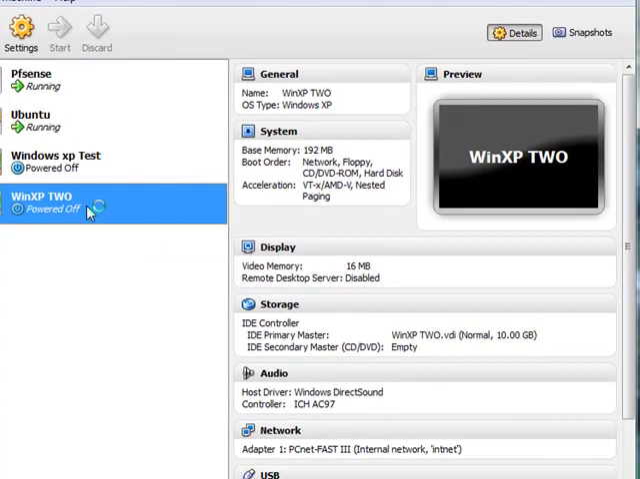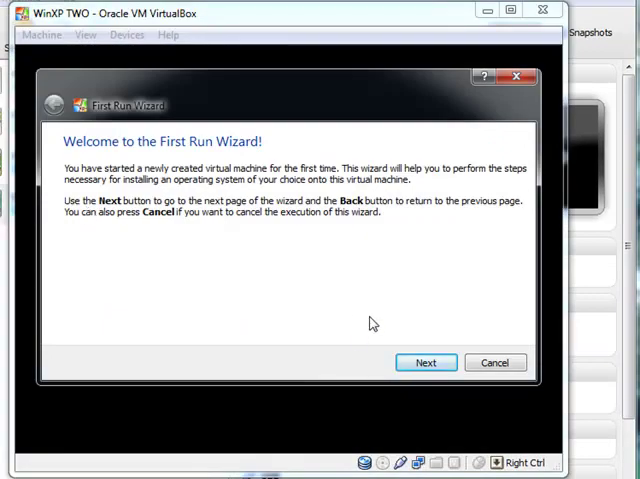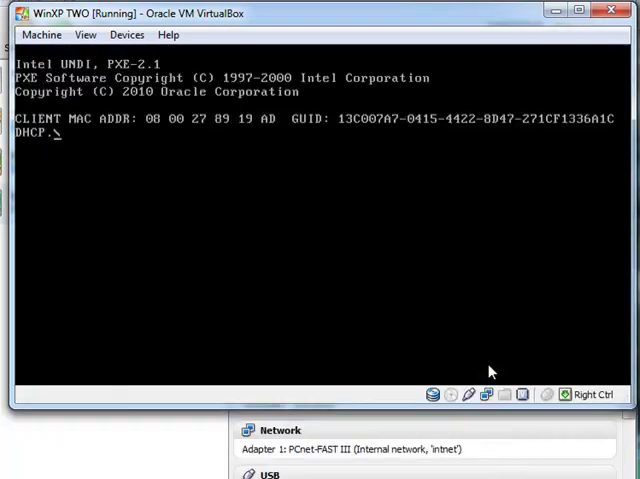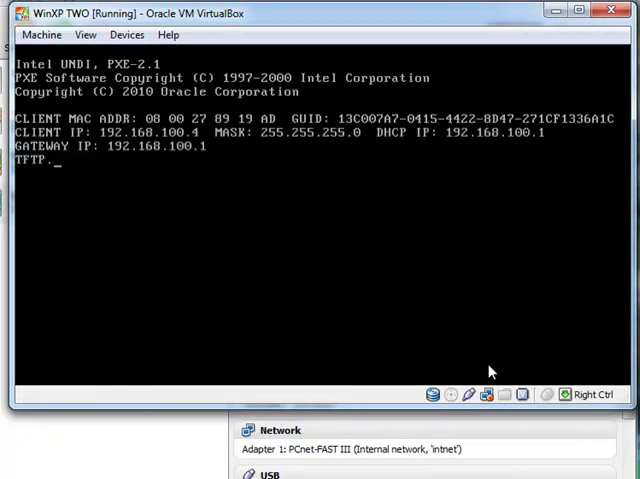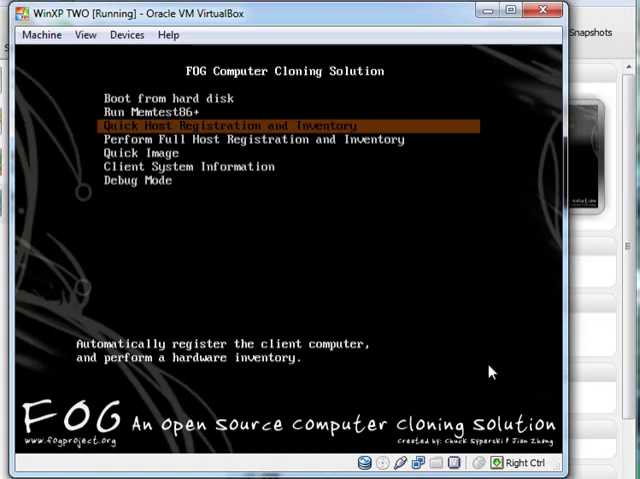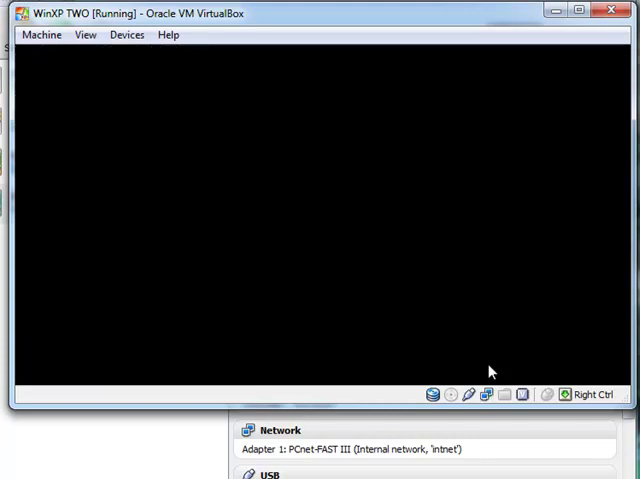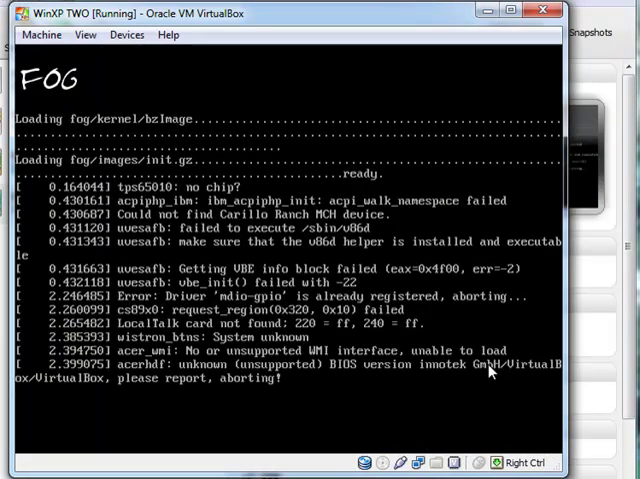So I need to double click on this, let it boot up to the server. Okay, and then I want to be ready to move the arrow key down, and I want it to automatically register. It's going to give me an option on there. See it right there, quick host registration and inventory. Click on it. We're adding it into our Ubuntu server right now so that we have a host for it,